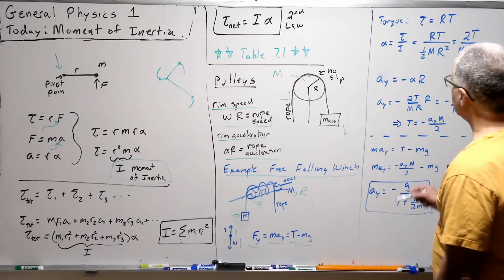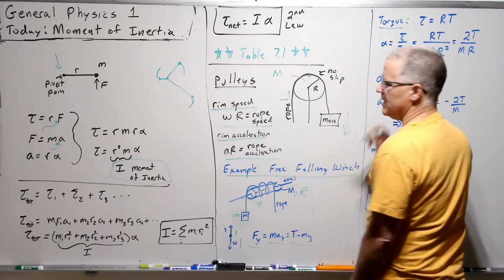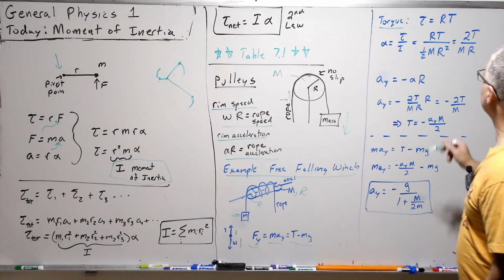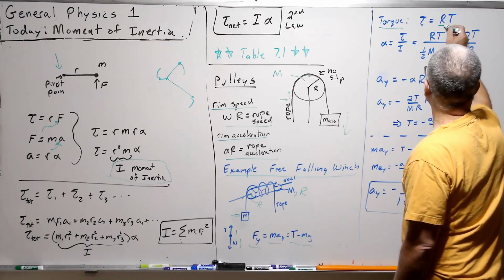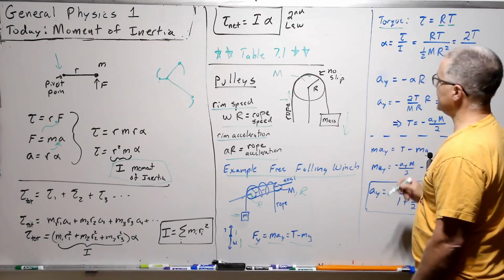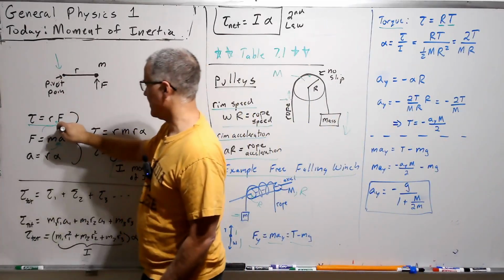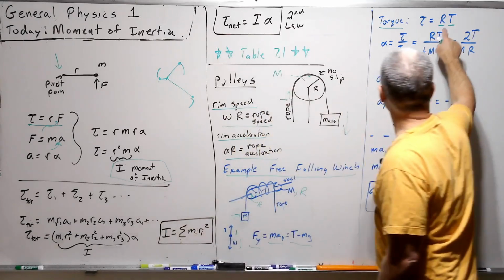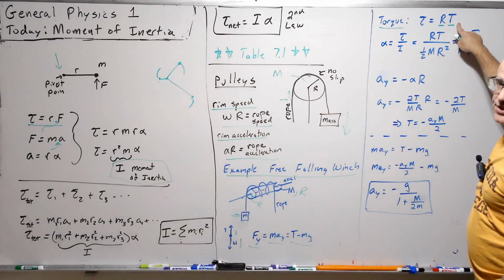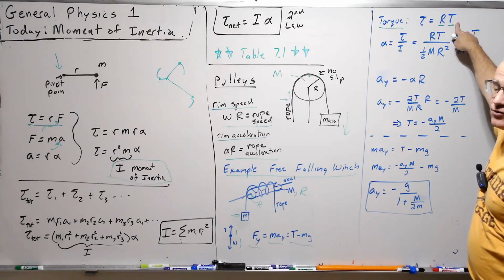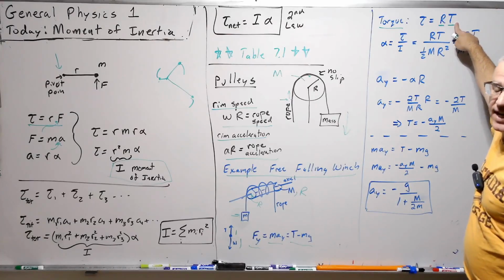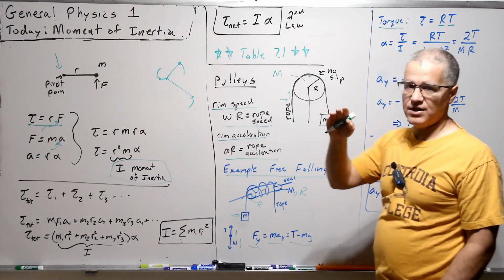Okay, now what about the torque? The torque on this guy is going to be the radius times the force, right? So that's torque. Where do we have that over here? Right here. Right, so we're using this. What's the radius? It's capital R. What's the force? T. Now, we should check, are we certain